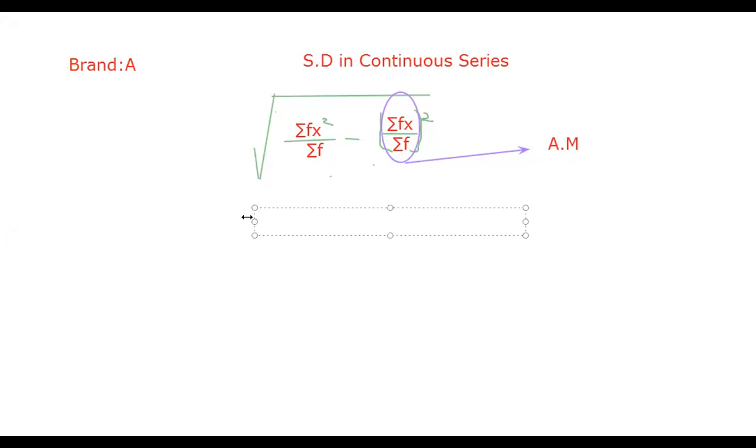That is 22 lakhs 82,500. This is our sigma fx square divided by sigma f, that is 100. Guys, are you all there? Yes, sir. So minus